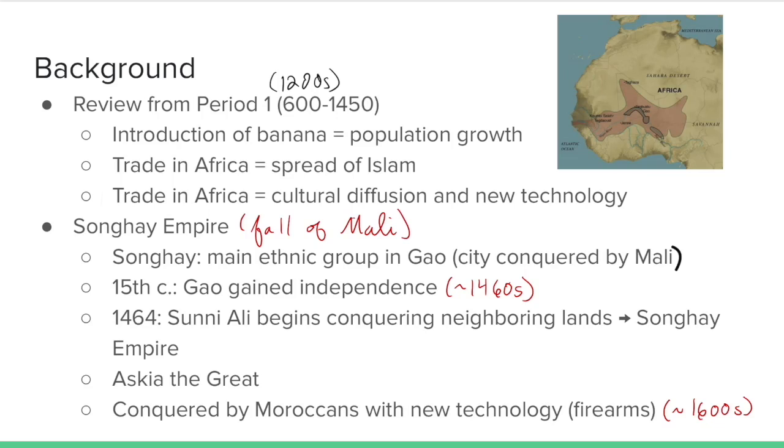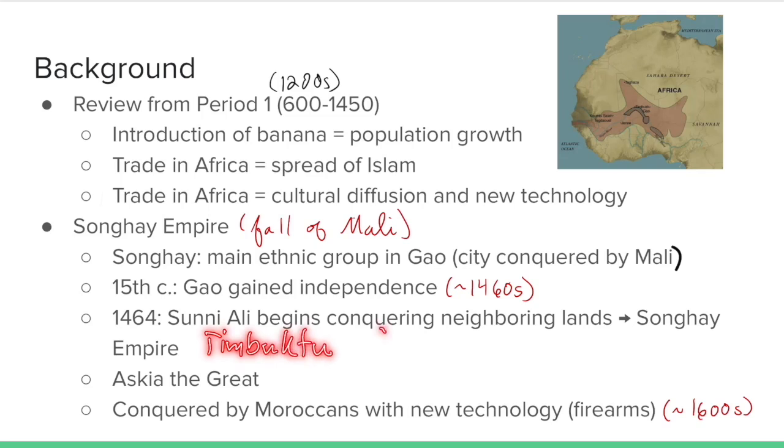So the Songhai were the main ethnic group in Gao, which was the famous center of Islamic learning. They helped preserve Greco-Roman antiquity as well as new innovations throughout period 1. But they're also going to expand to conquer Gao as well. By the 15th century, and remember, 15th century means the 1400s, Gao gained its independence, and then eventually one of the Songhai rulers, Sunni Ali, is going to rise to power by conquering other areas and growing larger and larger. He's actually the one credited with conquering Timbuktu,